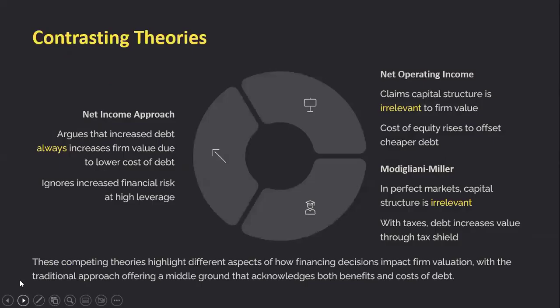So to conclude, the net income approach says income is most important. So if the cost of debt is less, select debt, not equity. Whereas the operating income approach says capital structure is not important. What is important is the rise of the firm's operational efficiency. Whereas the traditional approach says both operating income and net income are important, and it has to see such a mixture that the weighted average cost of capital is less so that you get more profit. So in short, the traditional approach says earning per share is most important.